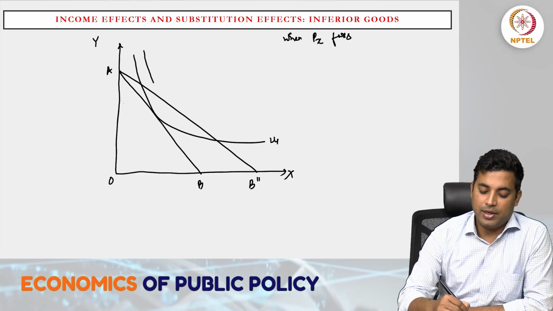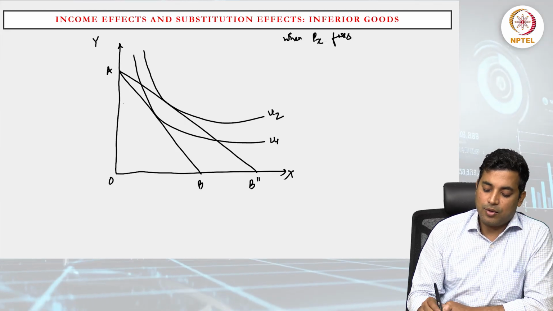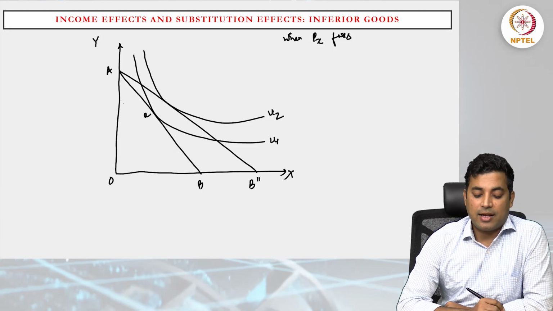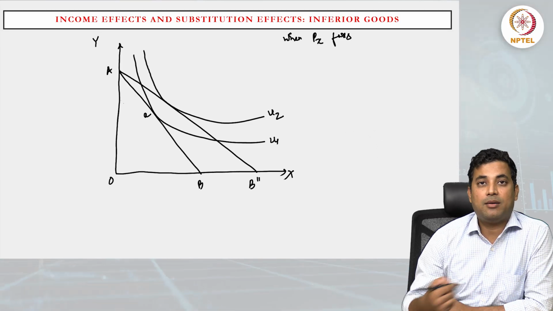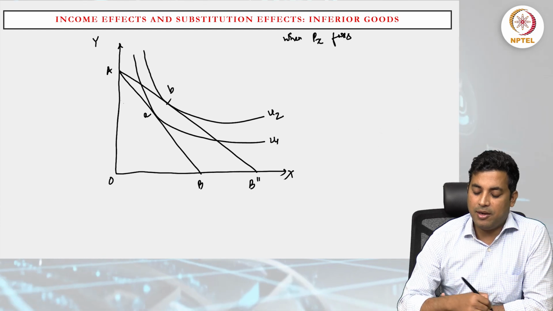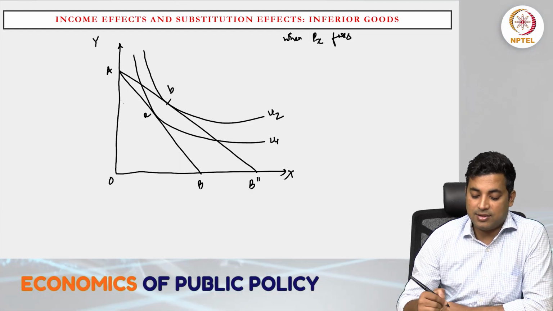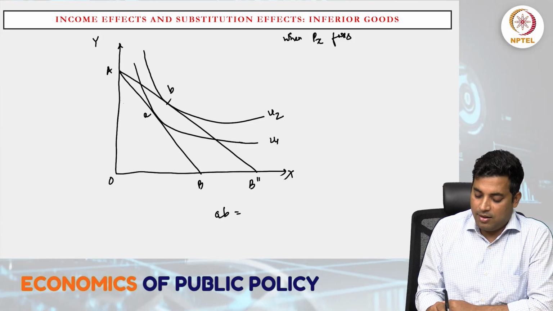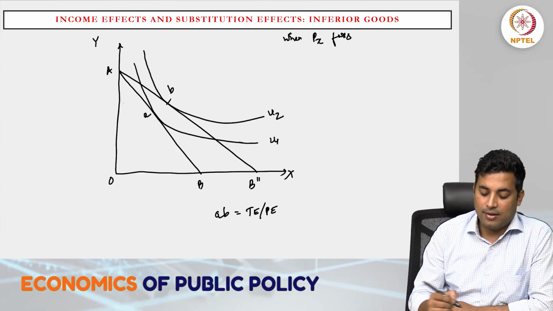flatter, and then we get the new tangent point. So on U1 we get point A as the tangent point, where U1 is tangent to the initial budget line AB, and now with the change in the price we get the higher tangent point, say point B, where U2 is tangent to the new budget line, which is AB dash. A to B is of course the total effect or price effect, and in this case we have